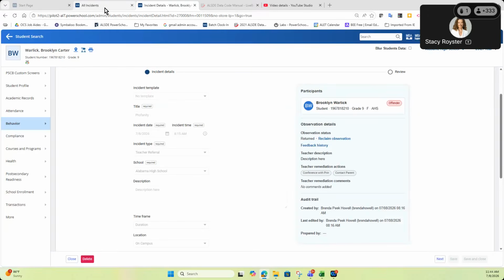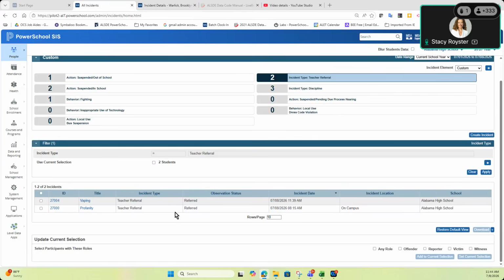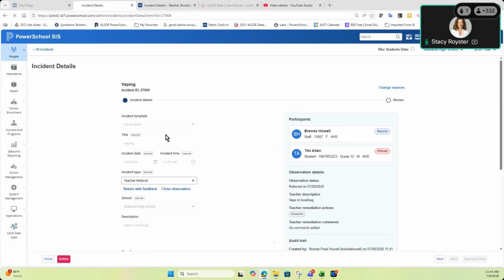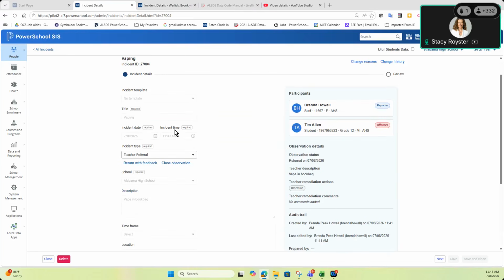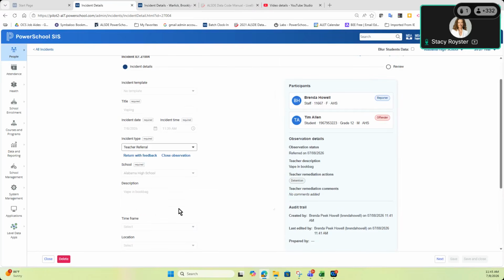Now, I'm going to go back to the all incident screen because I did have that one that I just put in for vaping where we put good stuff in there. So this one came in for the vaping, and this time I look and I see, okay, vape was caught in a book bag, time frame, everything's in there. Okay, yep, this is one that I need to go ahead and turn into an incident. So I'm going to come over here to teacher referral and change it to discipline. And notice when I hit discipline,